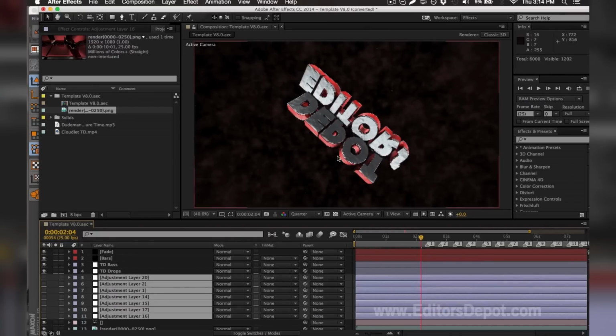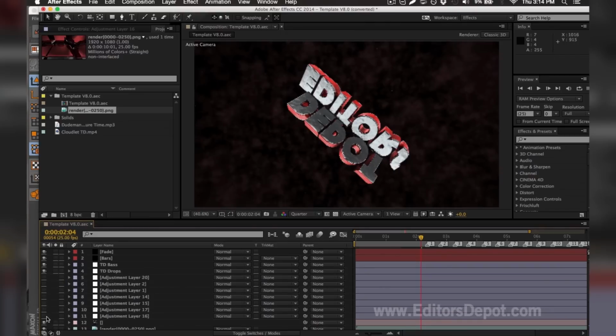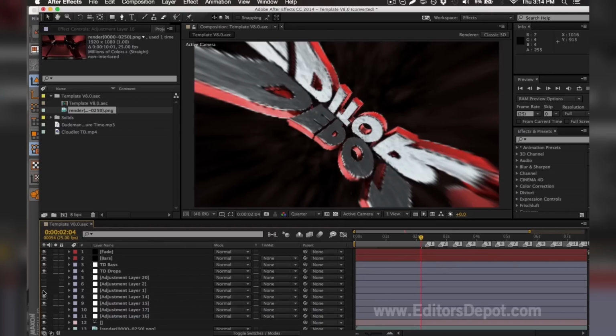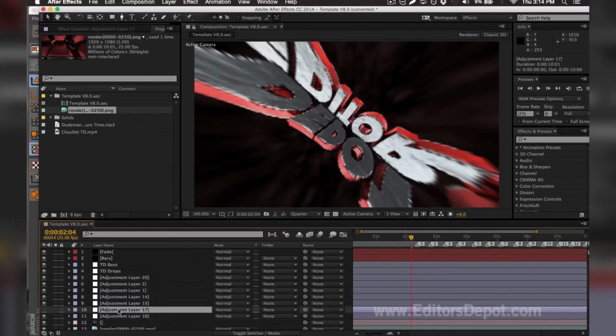As you can see here, one of these adjustment layers messed up the entire render, so I'm going to turn them on one by one. That one's fine, that one's fine. Oh, this one's the problem here. So you make sure you turn them back on and you're done. I had one layer that messed everything up, and that's because I do not have the